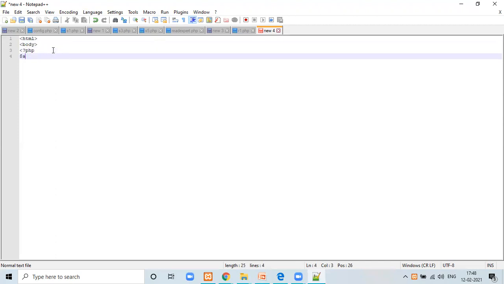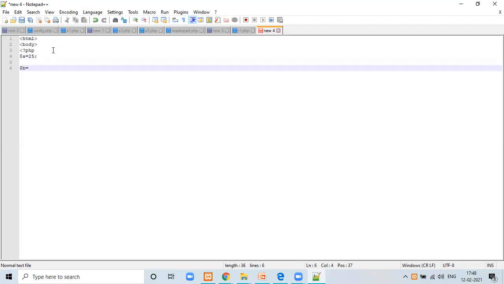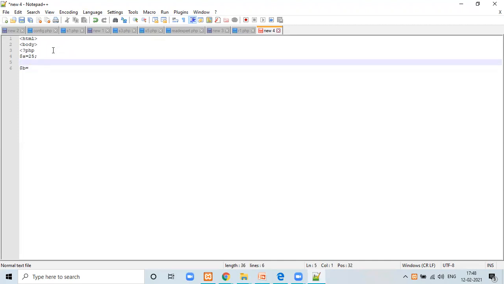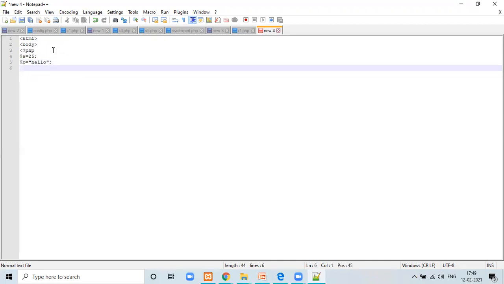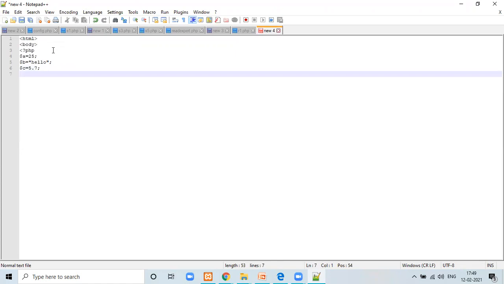Here we are going to assign one variable A as 25, then $B equal to a string. And for another variable C, we are going to assign a float value.